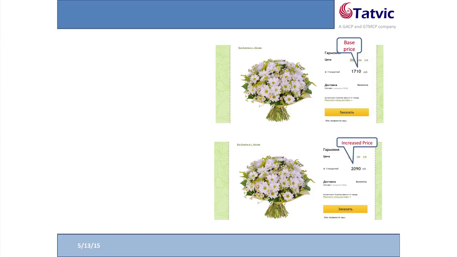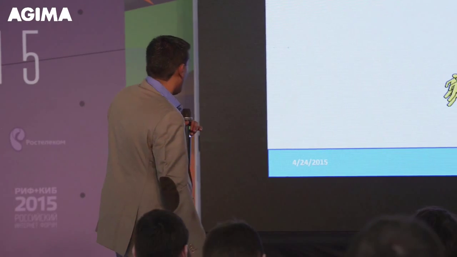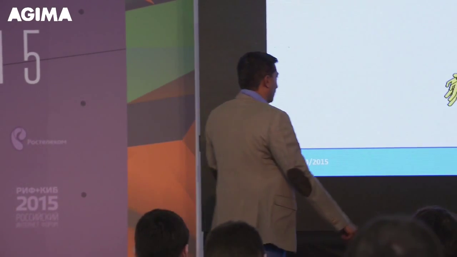2090. This is the conventional A/B testing. A certain set of people see 2090 as the price, and a certain set of people see 1710 as the price. I understand on your back end there is only one price for all the products, but we are not changing the price on the back end. We are not doing anything on your back end. There is no server integration, no server-side coding required, just one JavaScript. So what happens when people